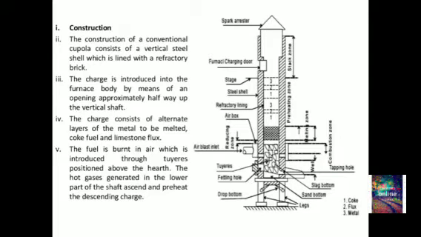So first one is legs. Legs are the main things which are provided for supporting purposes, right? Next one is the slag hole. Here the slag hole is used for removing and extracting the slag from the melting iron. One more time, about the slag hole or slag spout: it is used for removing or extracting the slag from the melting iron, right?